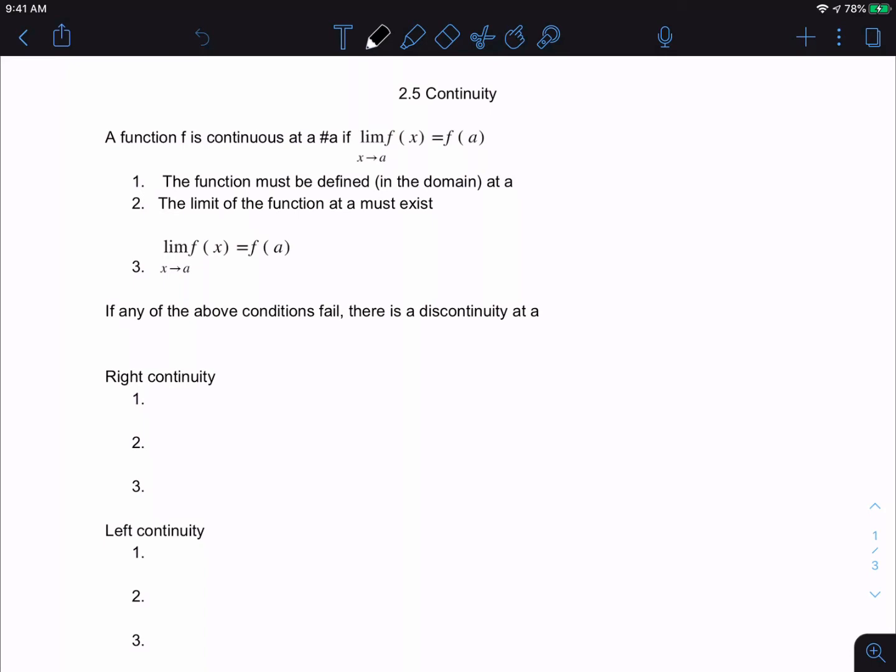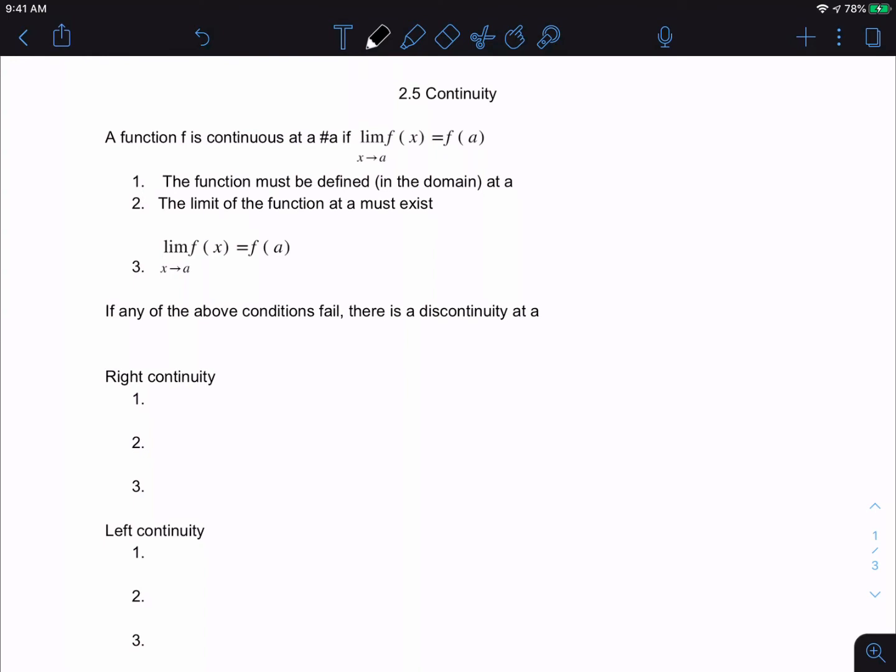Most of us have learned that something is continuous in mathematics if we don't have to lift our pencil, right? That's been the, oh, what's continuous? Oh, look, that's continuous. Why? I didn't lift my pencil. Well, we don't do that in calc. We have reasons for everything. We need justification for everything that we're doing. Okay, so